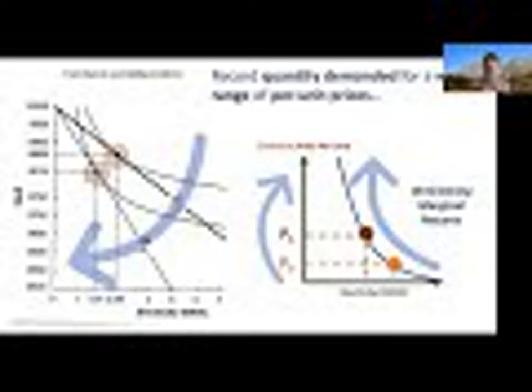Now, once I bought one, then I don't get the same benefit out of it. My benefit goes down. So I won't be willing to pay as much, but still, if I'm willing to pay more than what you're charging, I might buy a second one. But the benefit I get from that second one net is going to be less than the net benefit I get from the first one. And that's what we're kind of showing here with this curve.